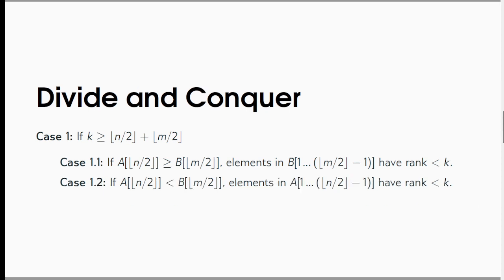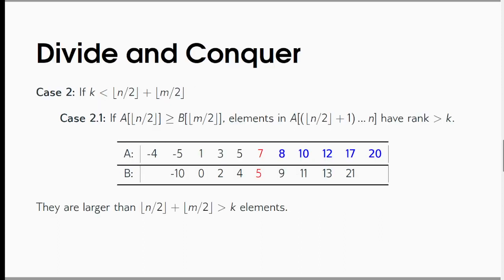The case that A of n over 2 is smaller than B of m over 2 is analogous. Instead of throwing away the left half of B, you throw away the left half of A. Alright, so let's look at the second case. If k is strictly smaller than n over 2 plus m over 2,